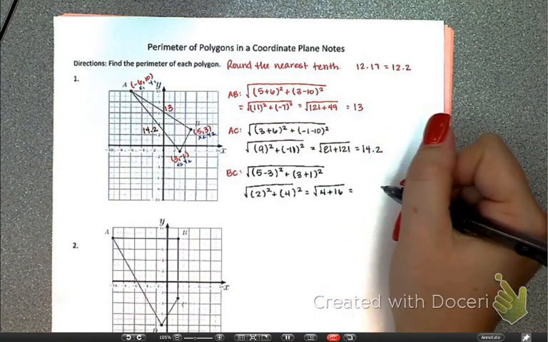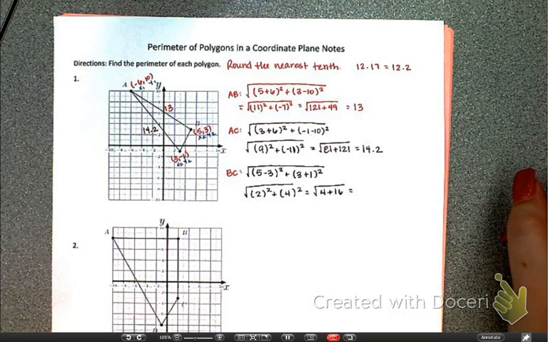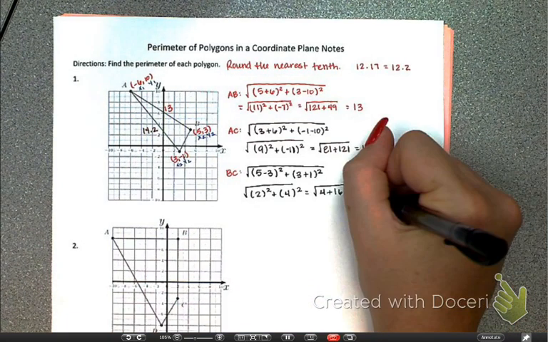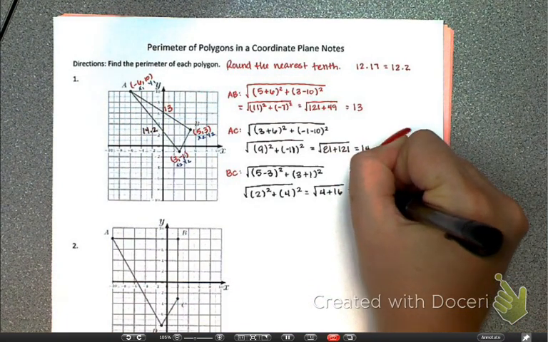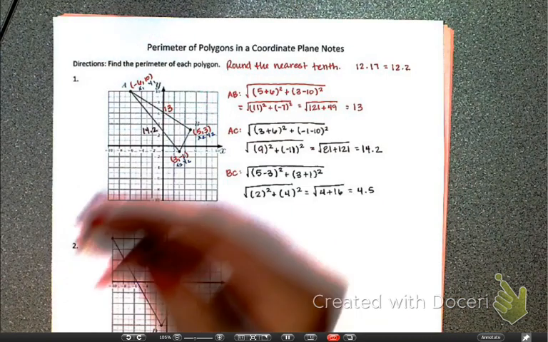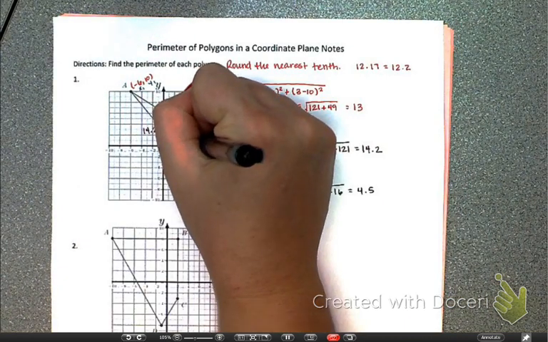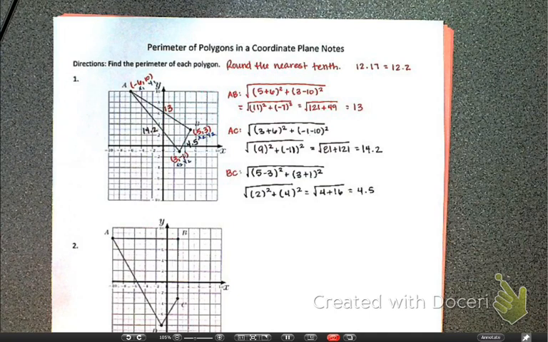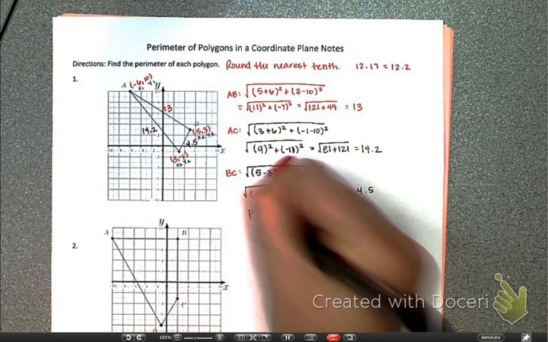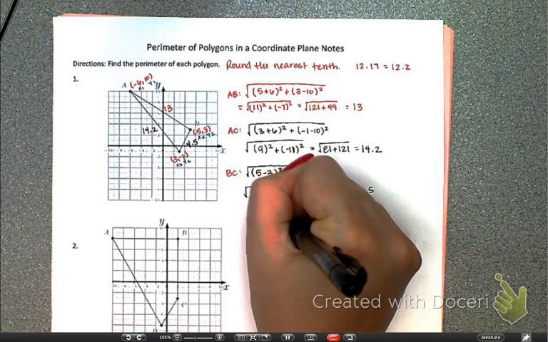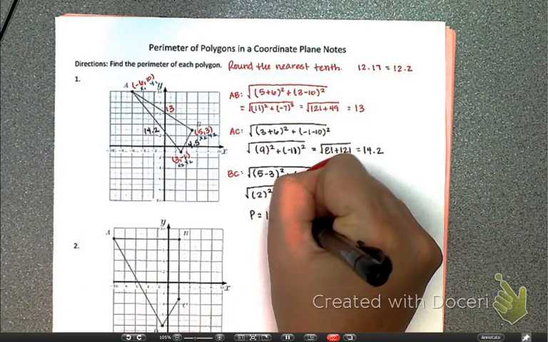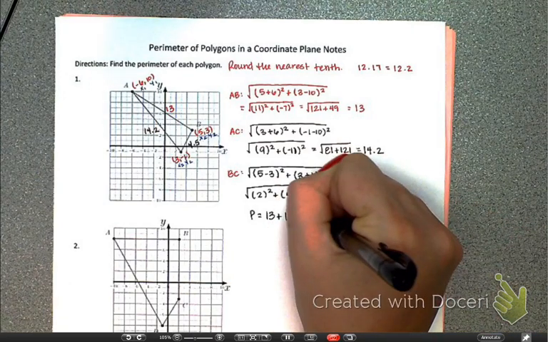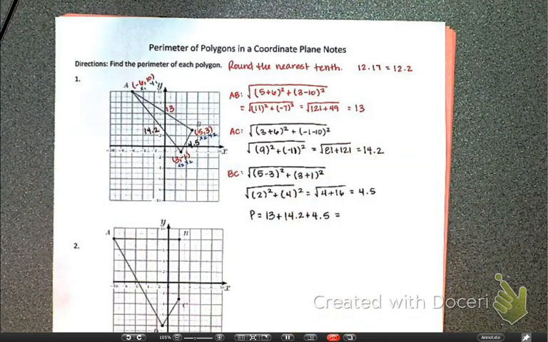So I'm showing 4.47. Yeah. So 4.5 rounded to the nearest tenth. Okay, so this one here is 4.5. So you found the distance of all three side lengths, but the original question was what is the perimeter? So we need to add them all up. 13 plus 14.2 plus 4.5 gives me,